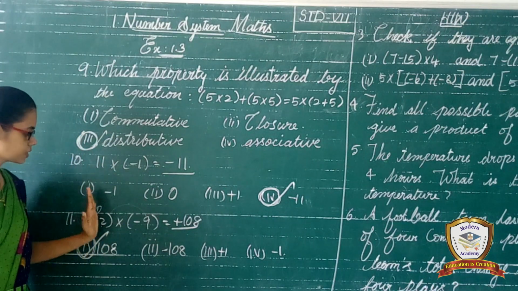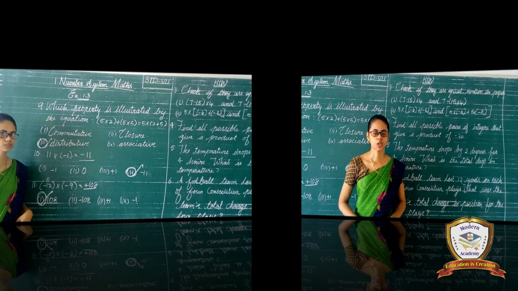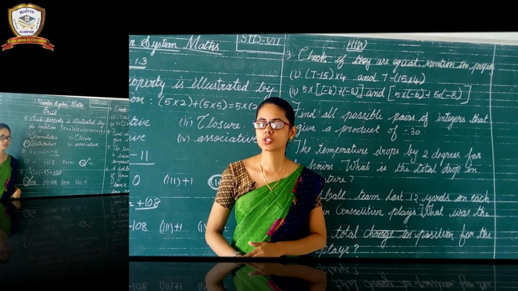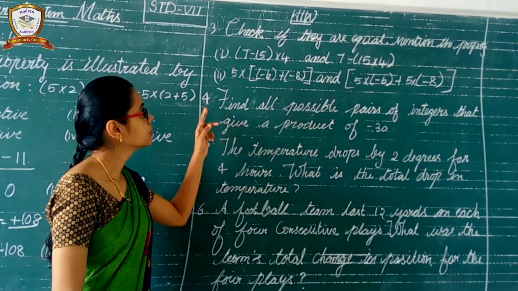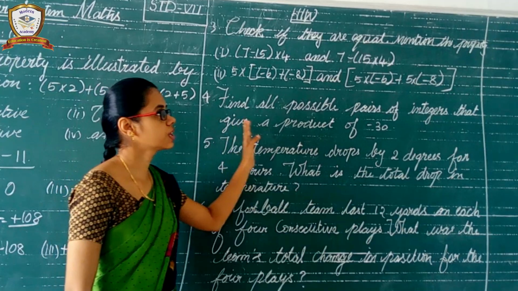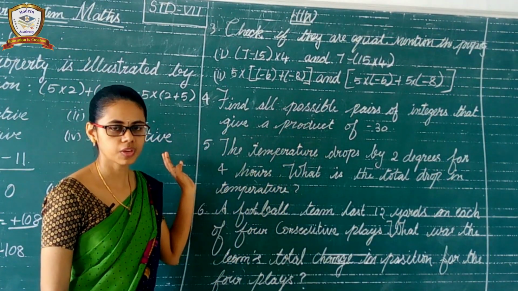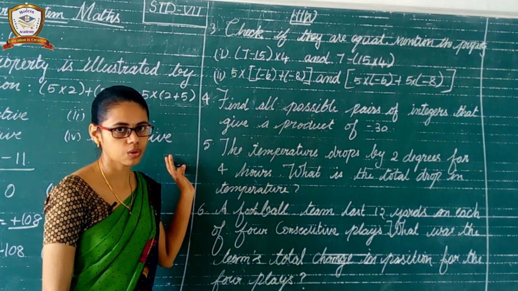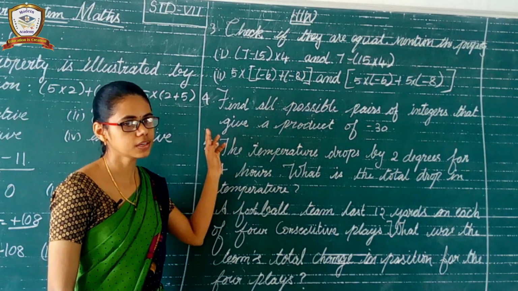Okay. So the objective test is over. Can you understand this? Shall we move to the next one? Okay. Today our teaching part is over. Next, homework. See here, homework. Third one, let us check if they are equal, mention the property. Which means same like that. Before, we have seen in our classwork, no. So same method.